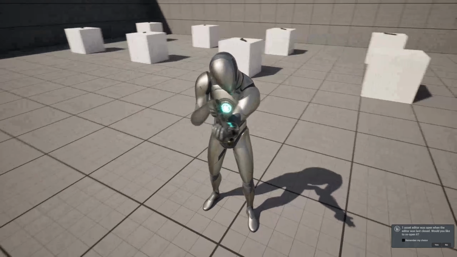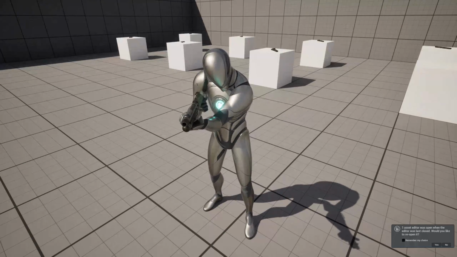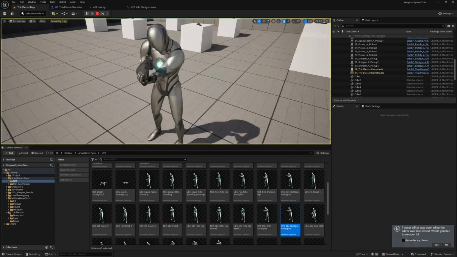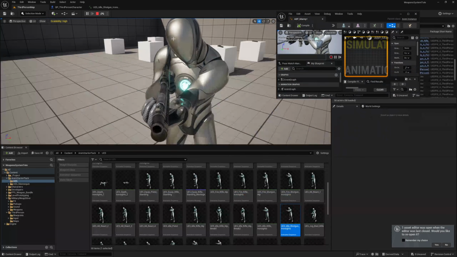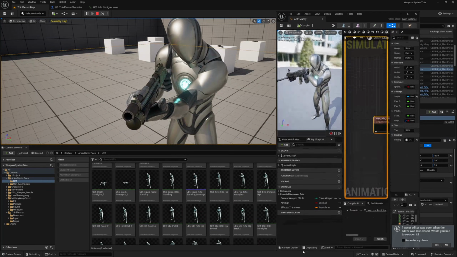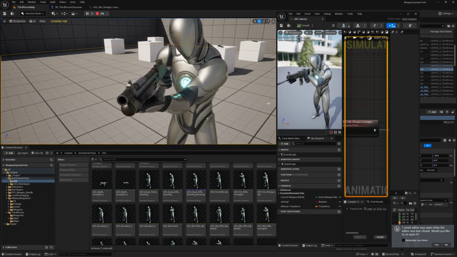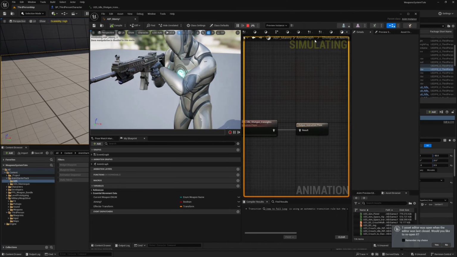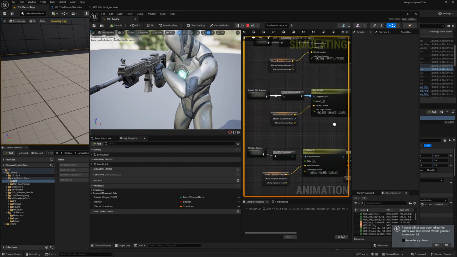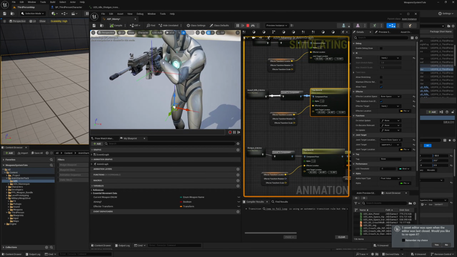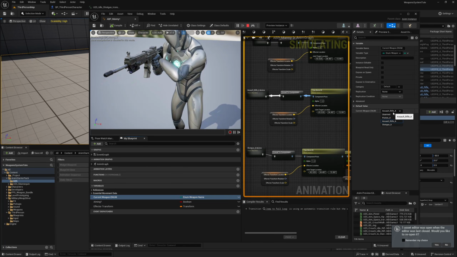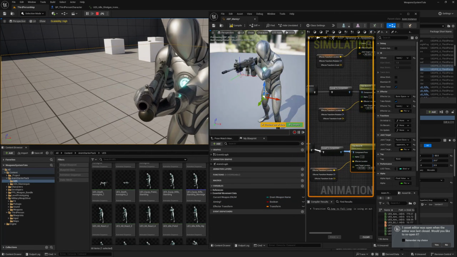But obviously this joint target location is not right for this weapon. So I can press F8 to eject, get a better view, and I'm going to undock the animation blueprint. I need to navigate back out to the anim graph. Select the 2-bone IK. And this might still be playing the default assault rifle A, so I might just change this to shotgun. And now if I select here,